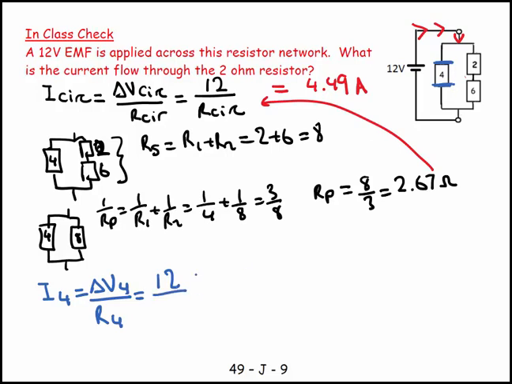And I know that the resistance of the 4 is 4 ohms, so that leaves 3 amps. So if I know 3 amps is going down there, and I know 4.49 amps is flowing through there, then that means that